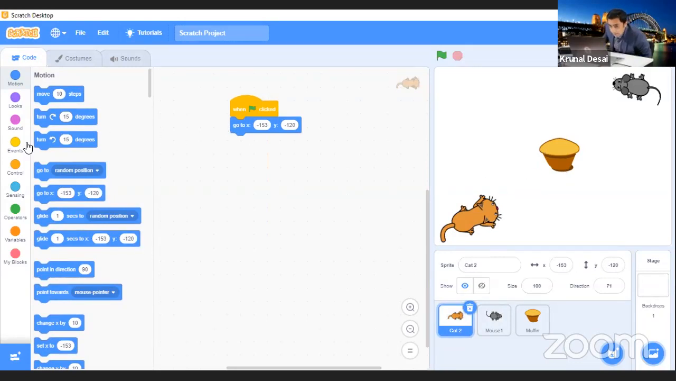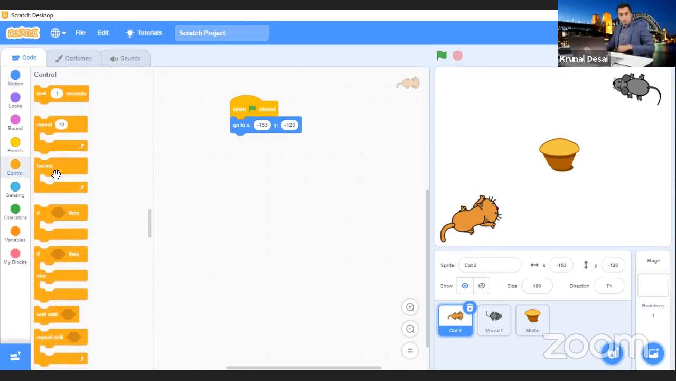So for that, what we'll do is we'll choose if condition. Okay. If loop is what we have learned. So if something happens, your program activates. So if the mouse is within the range of the cat, it starts chasing the mouse. So to do this, you have to